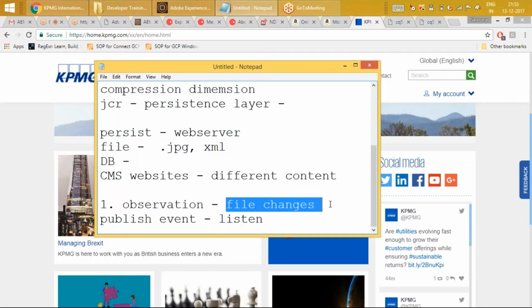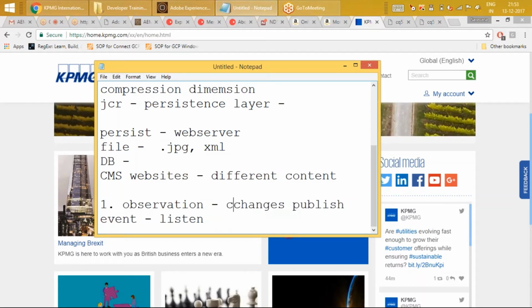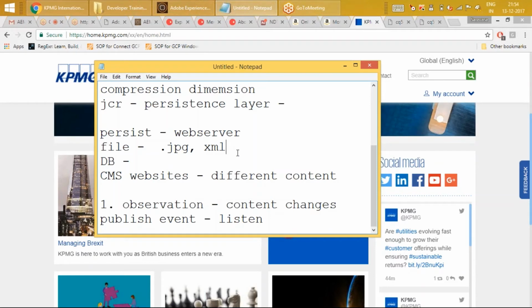The moment a content changes, they want to simply publish an event, saying that behind any change that happens, I have to immediately notify a few. Can I do it with a file-based system?